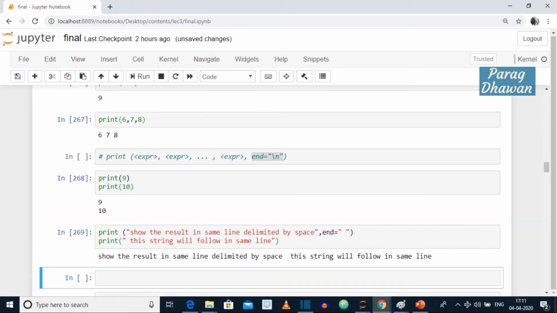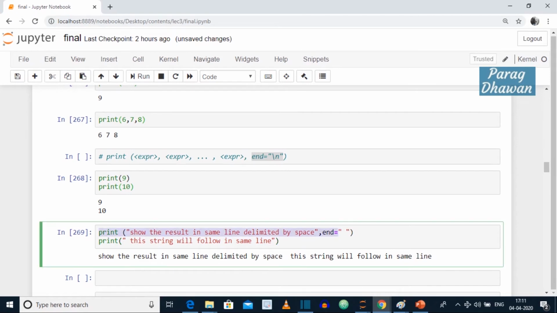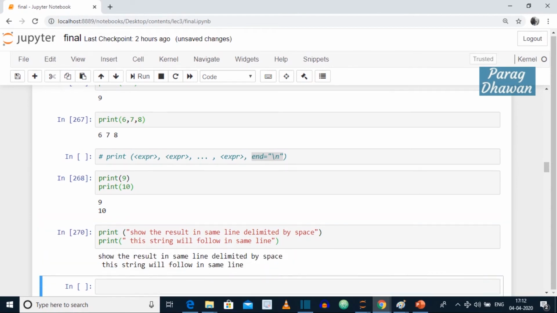You can see the result is shown on the same line. If you remove this end, by default the next statement will be shown on a different line. So we delete it, click on the cell again, press shift enter. You can see the next line was displayed on a new line.